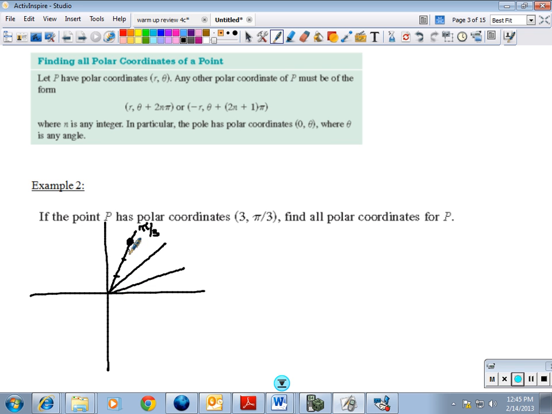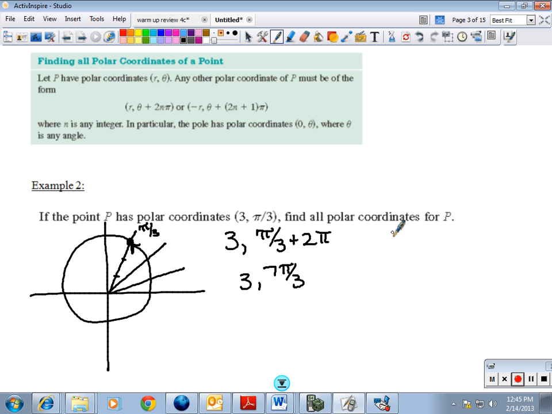And I want to find all polar coordinates for P. Well, could I go all the way around my circle and come back to there? Well, that would be 3 comma pi over 3 plus 2 pi, which would give me 7 pi over 3. Alright, well, what if